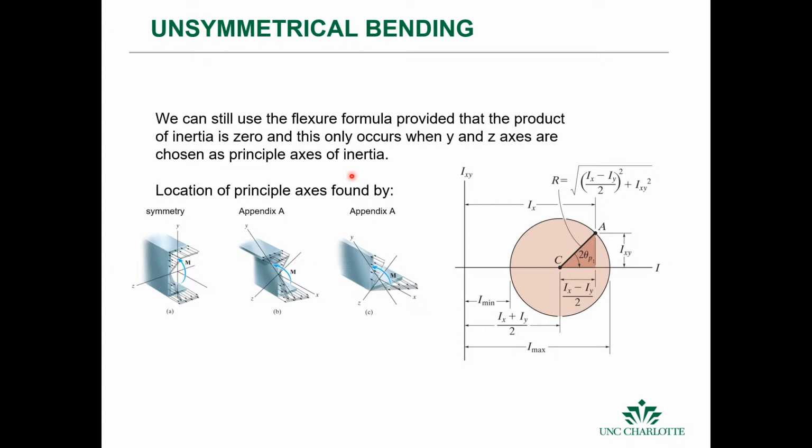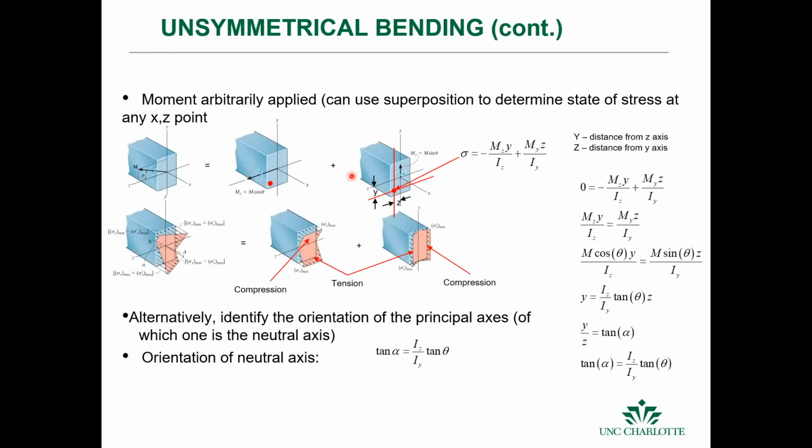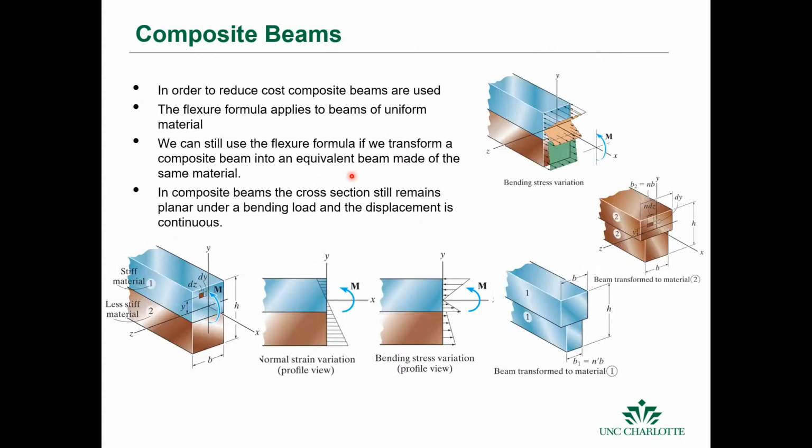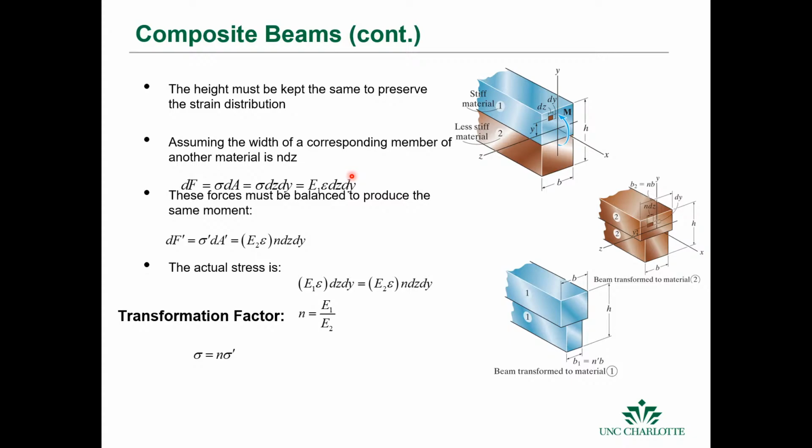At this point, I'm just mentioning it to you because you need to know that if you do not have uniform cross sections, then you're going to have to do a little bit more work to find your loading conditions for bending. The other caveat is if you have composite beams or beams made from different structures or cross-sectional areas that change, you also have to account for those. And there's a way to do that. We can still use the flexural formula, but we have to transform the beam into an equivalent beam made from the same material. And so that's a trick that you can use to do that.